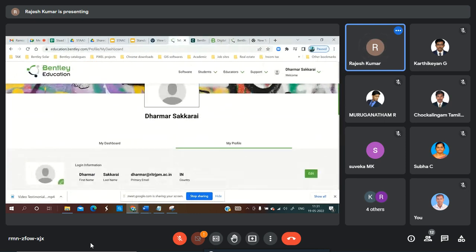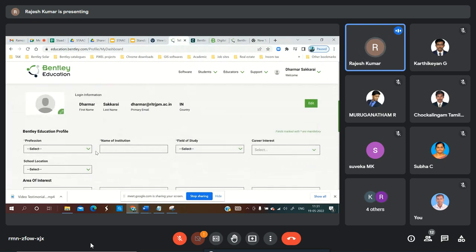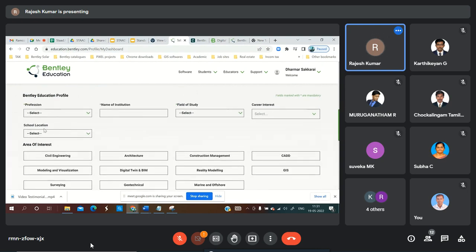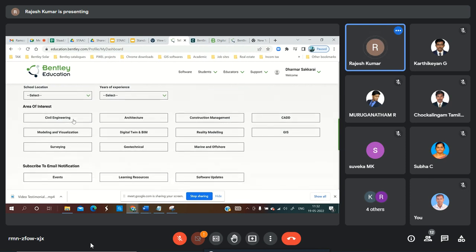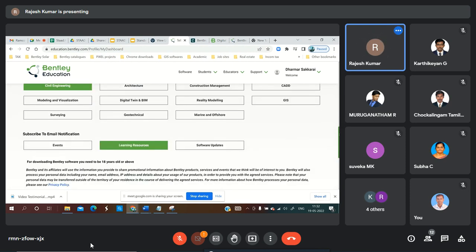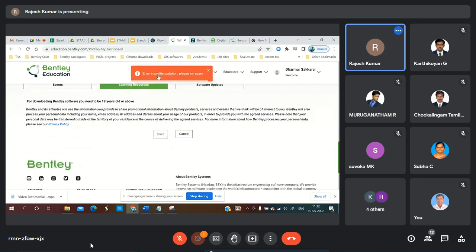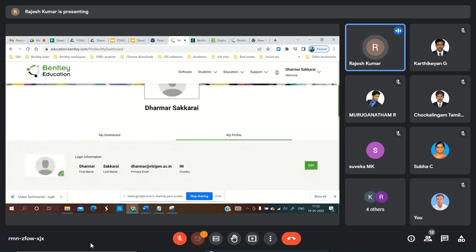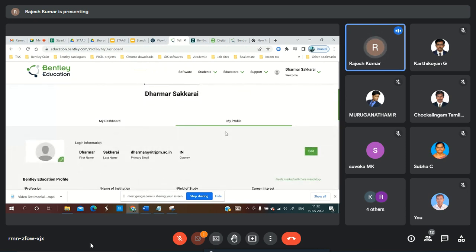My profile here, all these, see here, probably when you add the user email ID, we don't add all these things, so it is here we have to update everything. For example, educator means educator, the institute, then wherever there is a star, mandatory you have to put the details and save it. Here I have some internet issue, I believe, in cookies. So that is how you have to save your my profile.